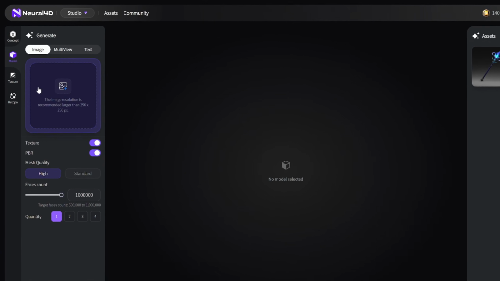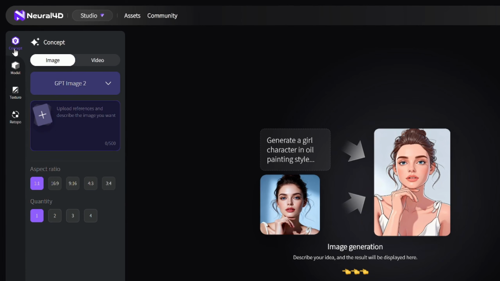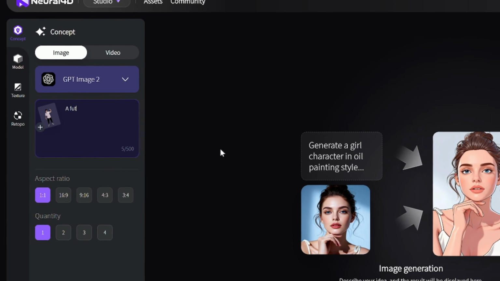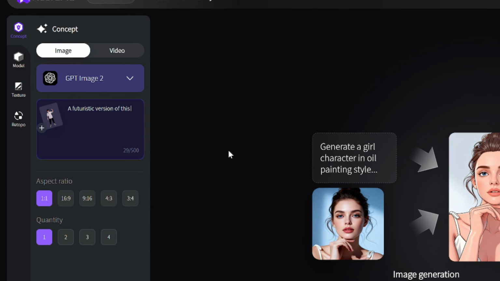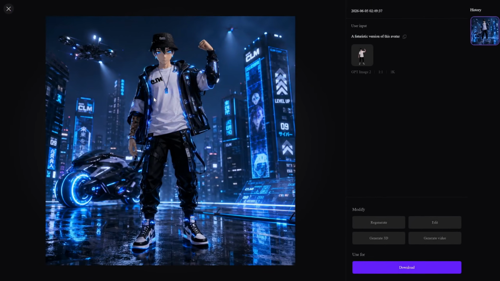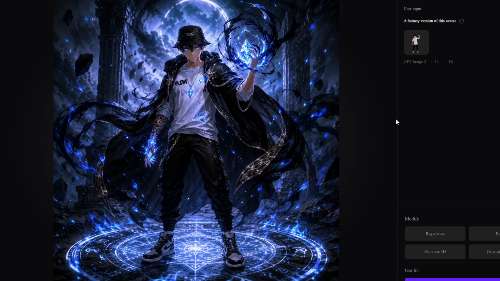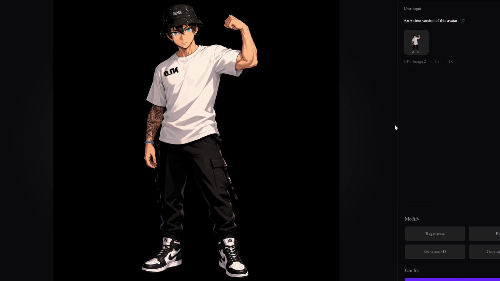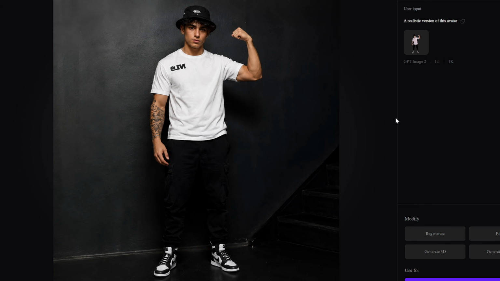Now, let's go back to our VRChat avatar. With Neural 4D, you can also generate different styles and interpretations of it. Maybe you want a more futuristic version of your avatar and you would like to see how it looks. Or maybe you want a fantasy version, or an anime version of your avatar, or a realistic version of your avatar. Maybe you want artwork that could be used for profile pictures, banners, thumbnails, social media content, or character